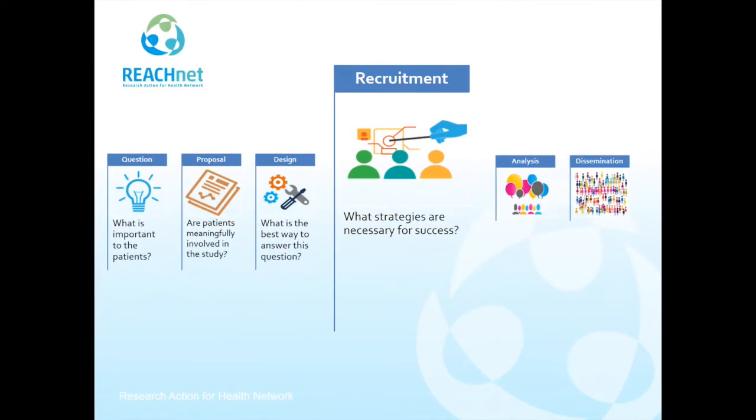When patients are involved in the recruitment stage, recruitment volume and participant retention are improved. We could be asked to provide feedback on proposed recruitment materials, or a patient work group could develop recruitment strategies and the materials themselves. In any case, patients help answer critical questions, such as, how can we best reach the